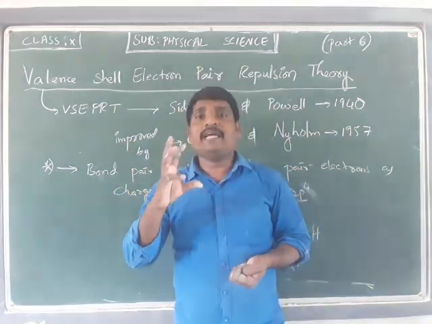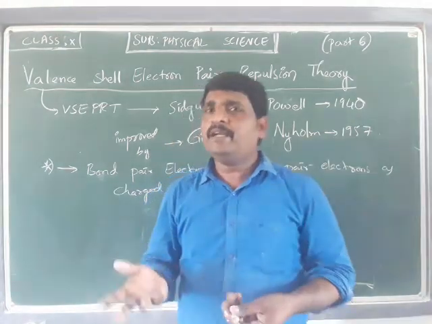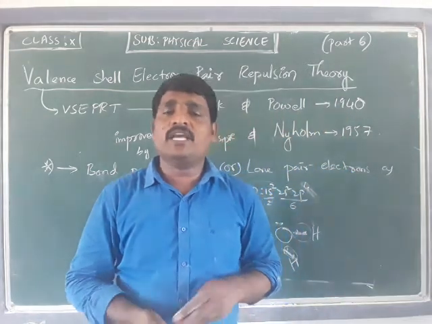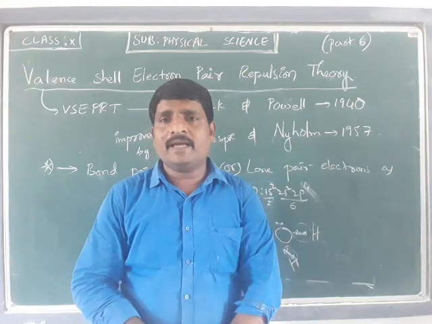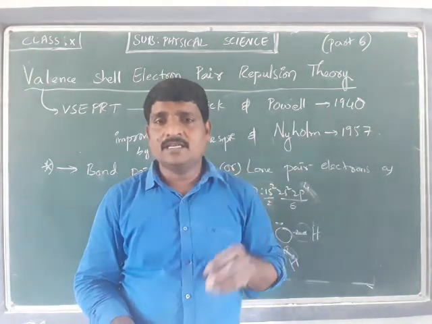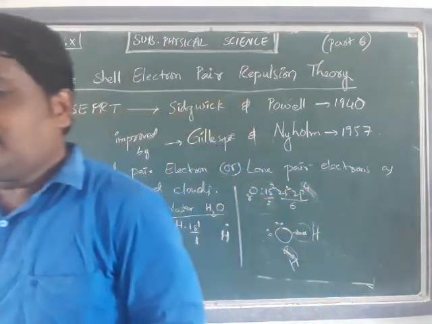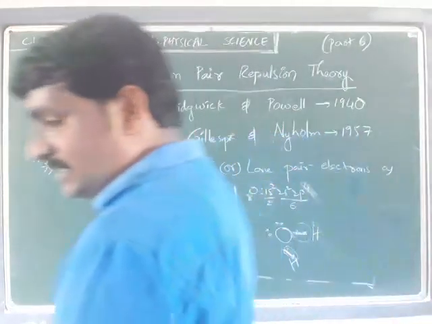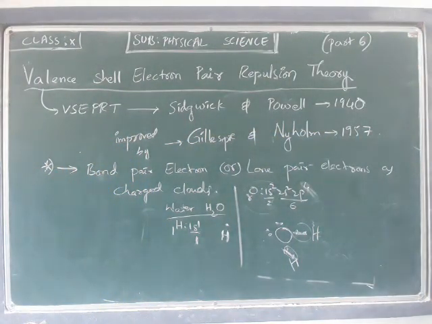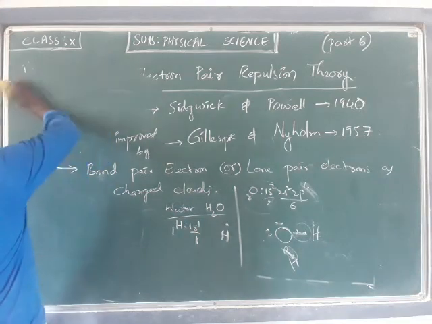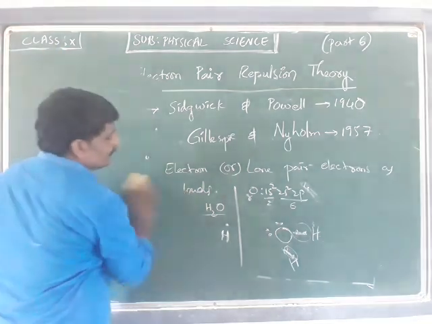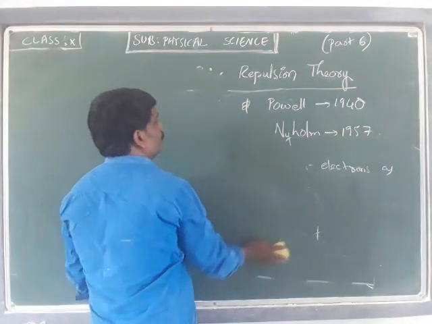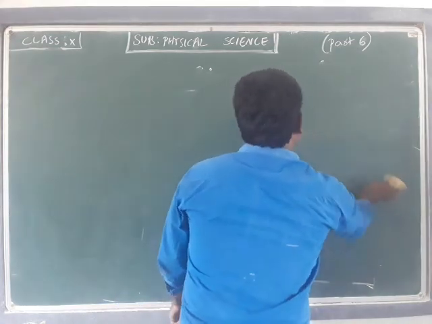But the magnitude or strength of the repulsion may be different, though there exists a repulsion, and this repulsion is responsible for attaining the shape of the molecule, was the explanation given by our scientists. So how does this explanation work? Depending on it, the number of bond pair electrons or lone pair electrons plays an important role in attaining a proper shape for a formed molecule. What does it mean? Let us discuss this here.